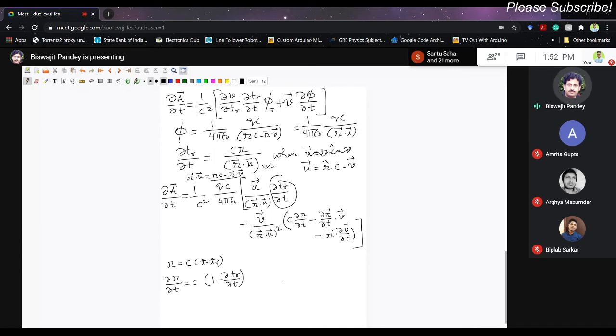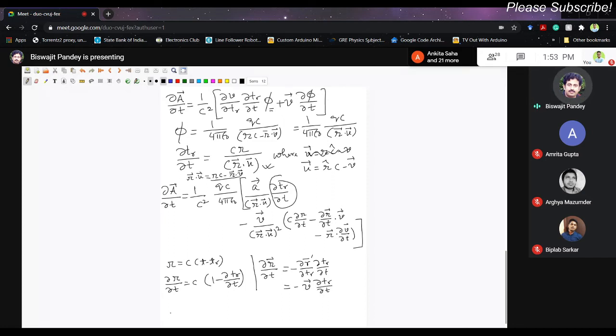And what is ∂R/∂t vector? That we have possibly done earlier, but let me read this again, so that if you have forgotten. ∂R/∂t is what? R is r minus r prime. So ∂r/∂t is 0, and then we have minus of ∂r'/∂t, which I am writing as ∂r'/∂t_r and ∂t_r/∂t. This first term is nothing but velocity. So we have this equal to minus of velocity and ∂t_r/∂t, right?